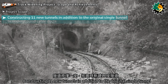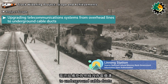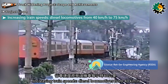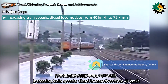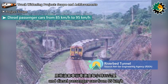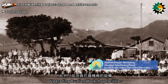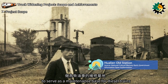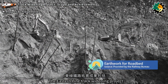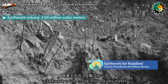original single tunnel, upgrading telecommunications systems from overhead lines to underground cable ducts, reducing the number of stations from 52 to 34, increasing train speeds, diesel locomotives from 40 km per hour to 75 km per hour and diesel passenger cars from 85 km per hour to 95 km per hour, upgrading Hualien workshop facilities to serve as a maintenance base for diesel trains. The Eastern Line track widening project resulted in the following accomplishments: earthwork volume, 3.04 million cubic